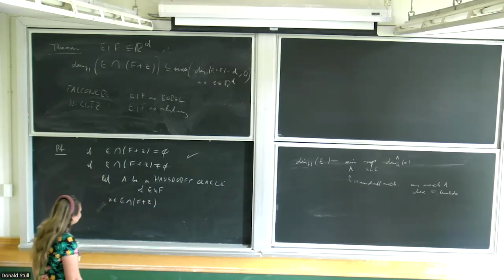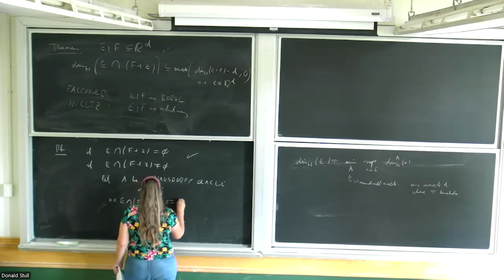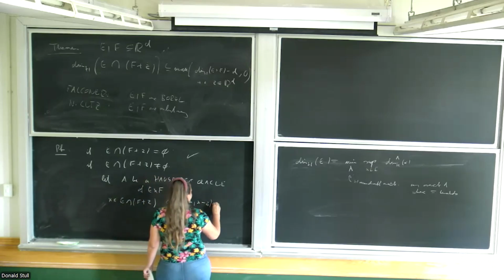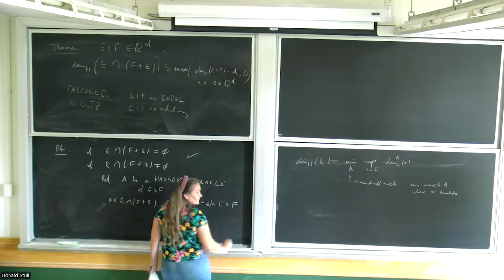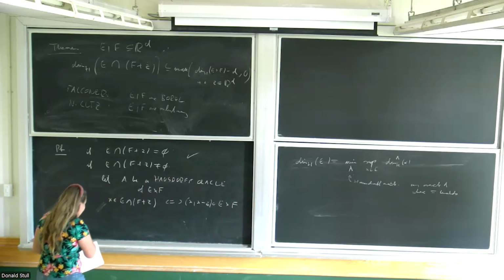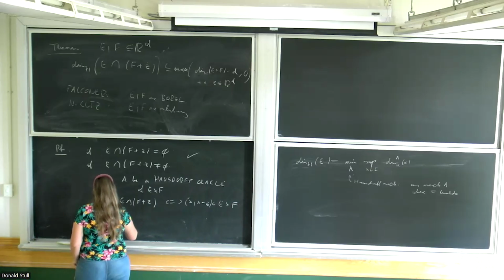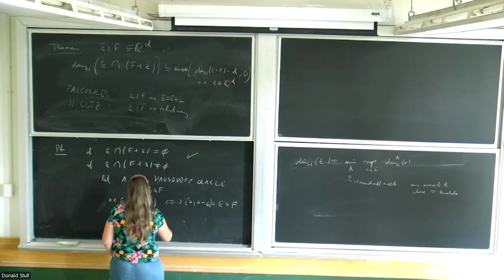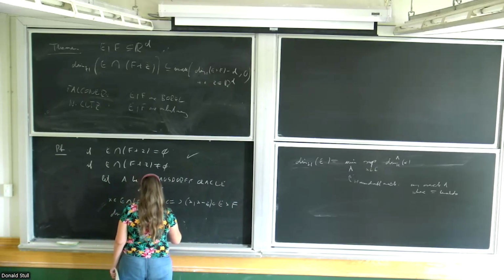And this is really the same thing as saying that x minus z is in E cross F. So the Hausdorff dimension of E cross F, I know that this is at least, since this point is in the set,